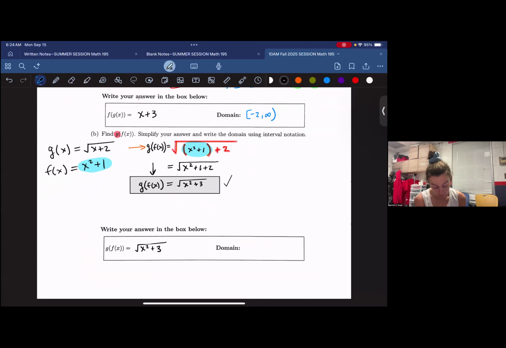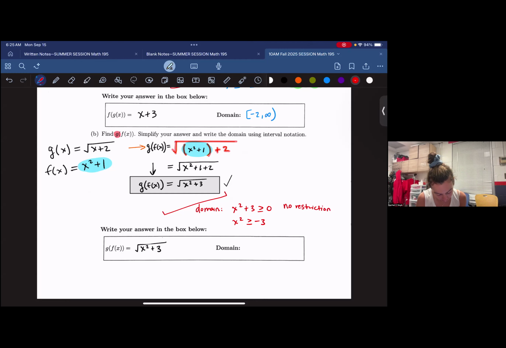Now let's look at the domain. So again, intersection between the composed function and its input. So we have the domain of the composed function. We want what's underneath that square root to be greater than or equal to 0, which means x squared has to be greater than or equal to negative 3. And any number in the entire real number system in parentheses squared is always going to shoot to what? A positive value. And so do we have any restrictions here? No, we have no restrictions,